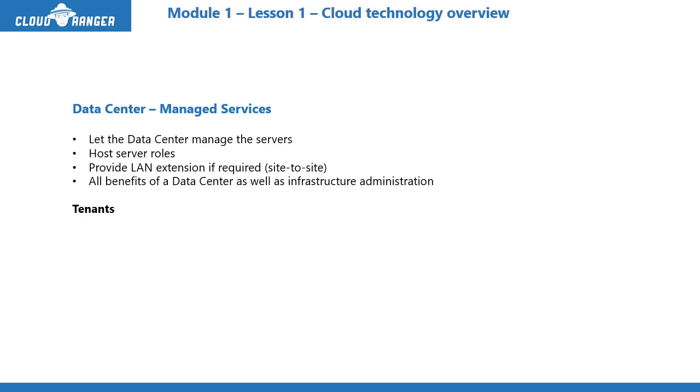So if you wanted to connect to the data center directly from your satellite offices, some of these used to provide those LAN extensions. And what this did, like I mentioned, was that it gave you all the benefits of a data center, but it also provided you the infrastructure administration. That means you didn't need administrators physically to go and do all of this stuff. Their people will take care of it. So if you have thousands and thousands of servers, it made a lot of sense for somebody else to take care of that. Obviously, they charged you for it, but then you didn't need that many people on your team with all those expertise to maintain that.